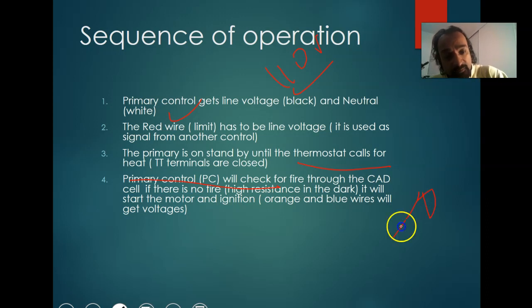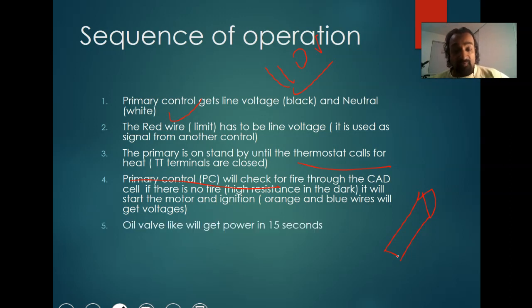The CAD cell, which actually looks like a receptacle, in the dark it has very high resistance, almost 10,000. Sometimes actually it's over 10,000. So when the resistance is high, I mean it's dark, it will give the okay to start the primary. If the resistance is low, it's not going to start because it will think that there is fire in the chamber. So if there is no fire, it will start the motor and the